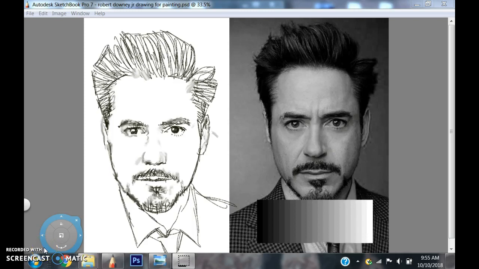Good morning. We're going to talk about the grayscale this morning and how we transfer the values from this side. How do we know if we're right looking from this side to that side? How do you know what value is in this forehead versus the value that we should have over in the drawing? Because it can get a little tricky,